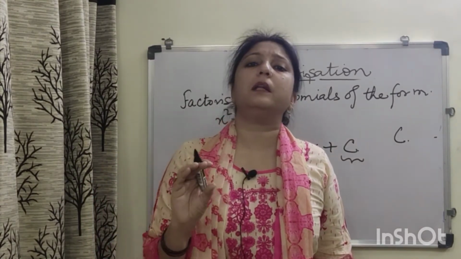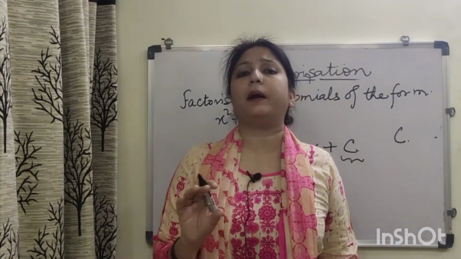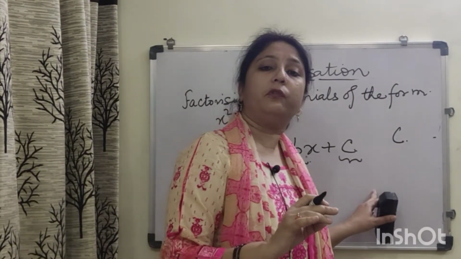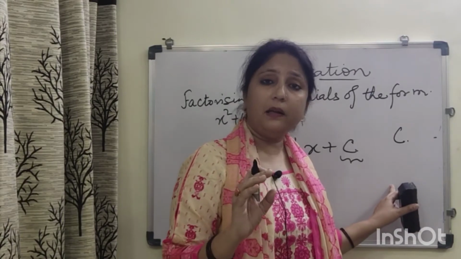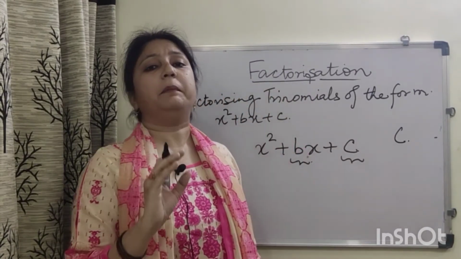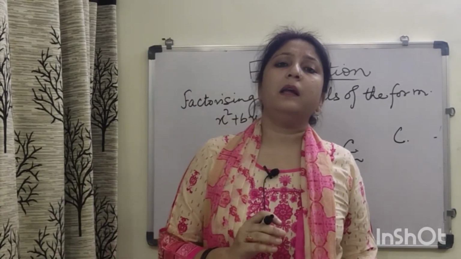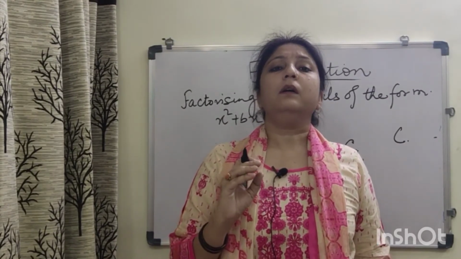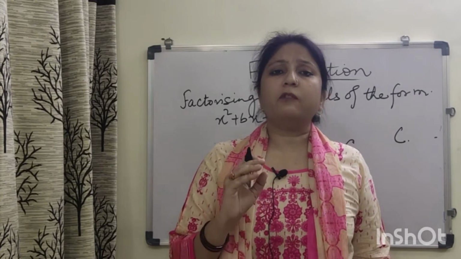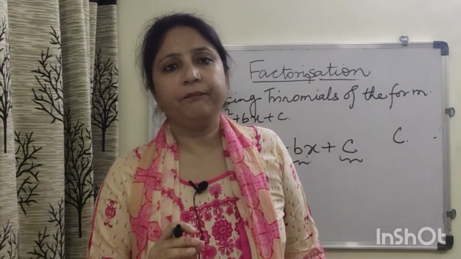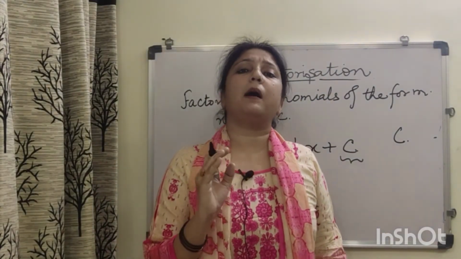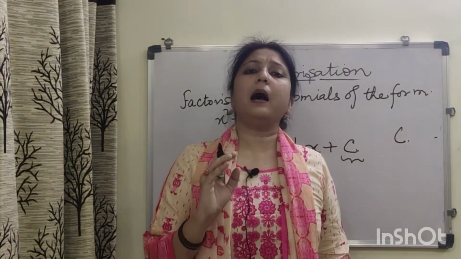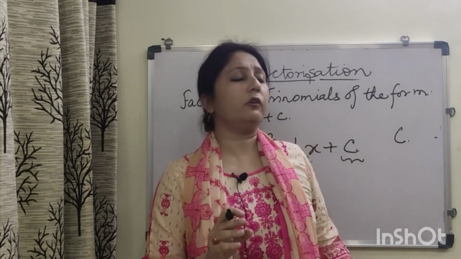We split the midterm into two factors whose product is the constant. Am I clear? What I said, this method is known as factorization by splitting the midterm, and the two parts in which you split the midterm, they are the two factors of your